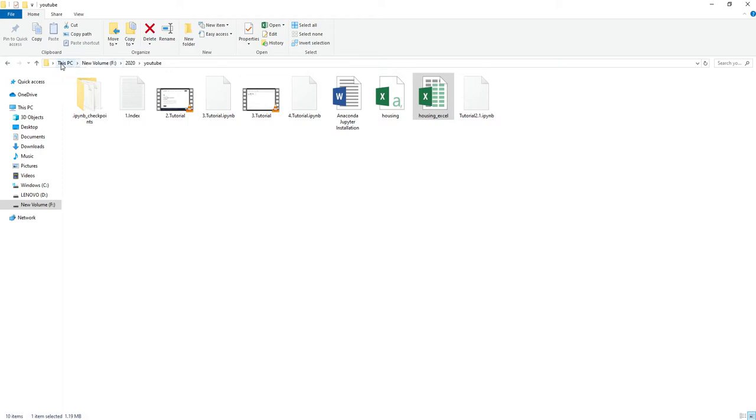Therefore I have launched the Jupyter notebook from here only, by typing Jupyter notebook in the search location. If you type this and it is not working, don't worry, you can try the other way, because during installation you may not have selected add path in your path variables. This makes it much easier to launch the Jupyter notebook quickly.